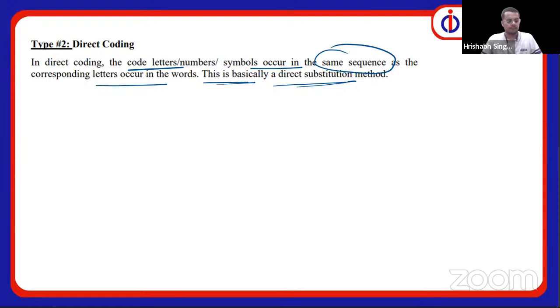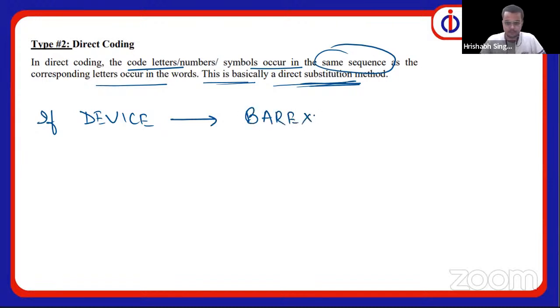For example, if DEVICE is coded as BARIXA and ORNATE is coded as